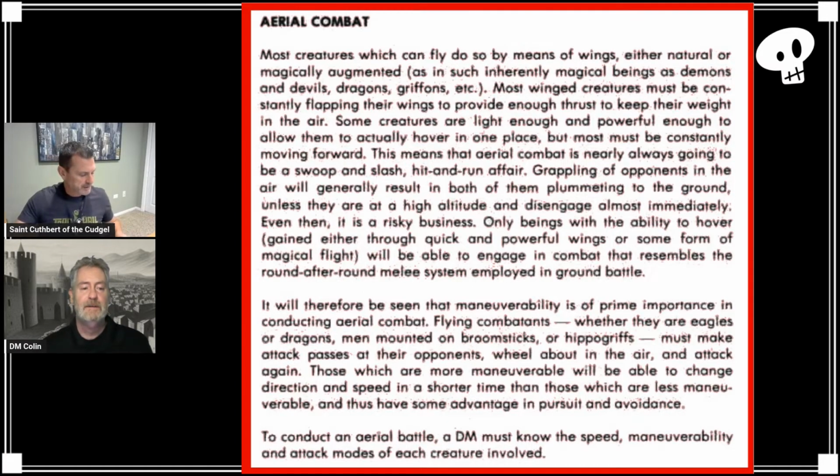There are like 6 full pages devoted to aerial combat in the DMG. I'll tell you, as a DM who wants to keep the game moving and not overcomplicate, aerial combat starts on page 48 or so in the DMG, and it goes on for about 6 pages. It has to be one of the most confusing parts, but if you think about it from a DM perspective, the way I approach it is, let's say you have a